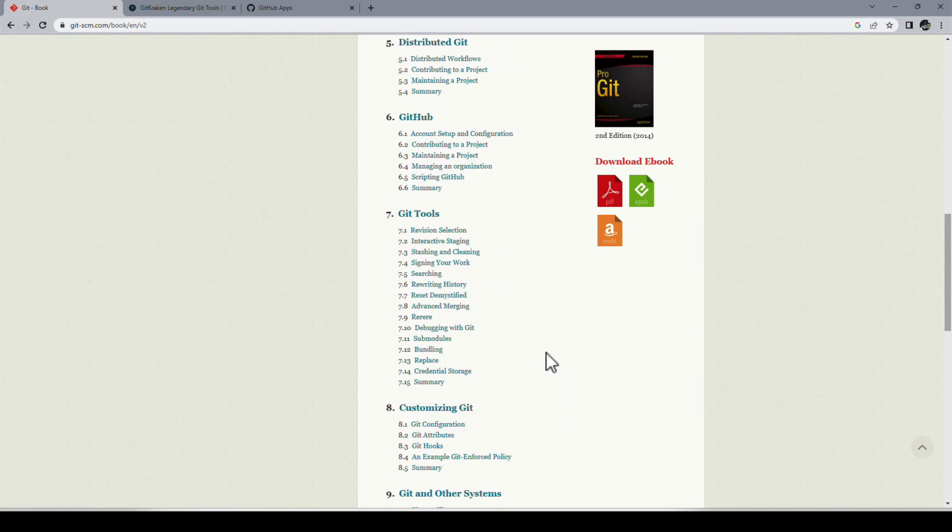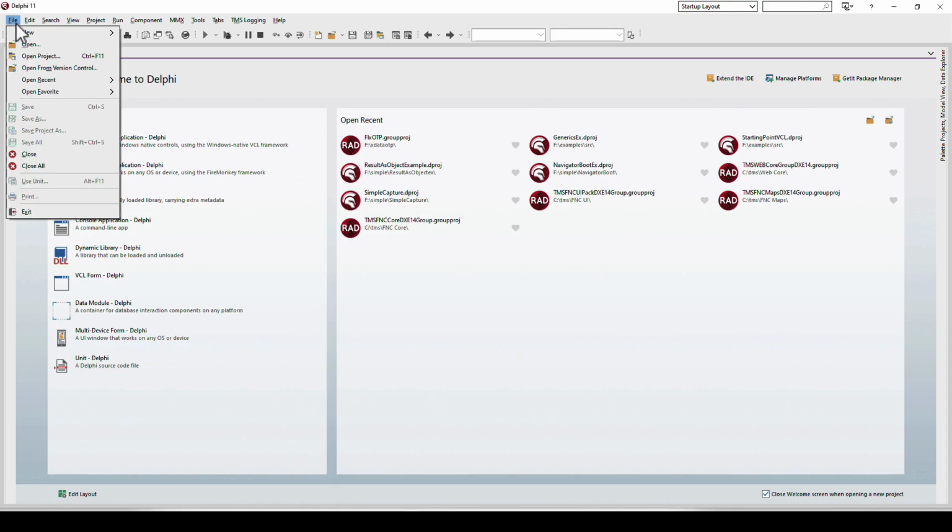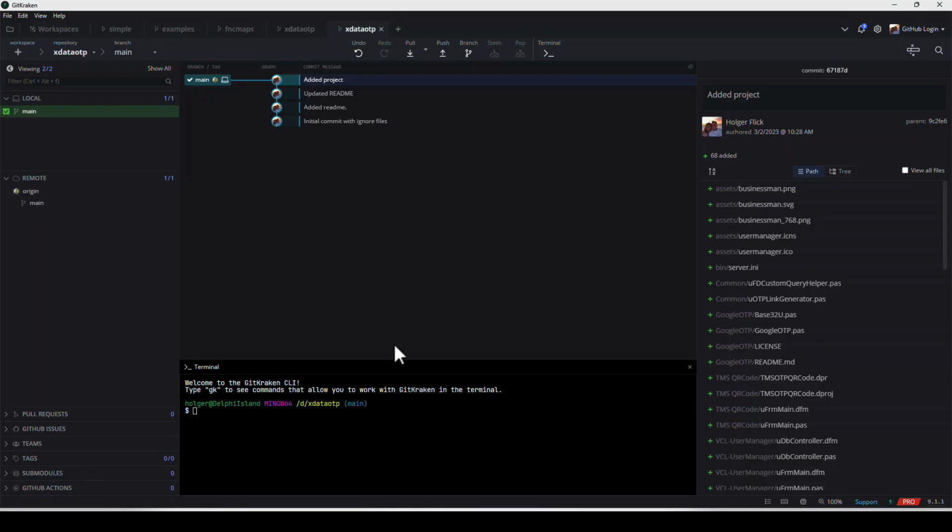I won't keep it from you that, of course, Delphi has a Git integration as well. We're not going to cover it today. We might look at it at a later time. But you can work with Git right out of your Delphi IDE if you wanted to. However, I'll be honest, I prefer a client that has been written for Git specifically. In my case, it's GitKraken.